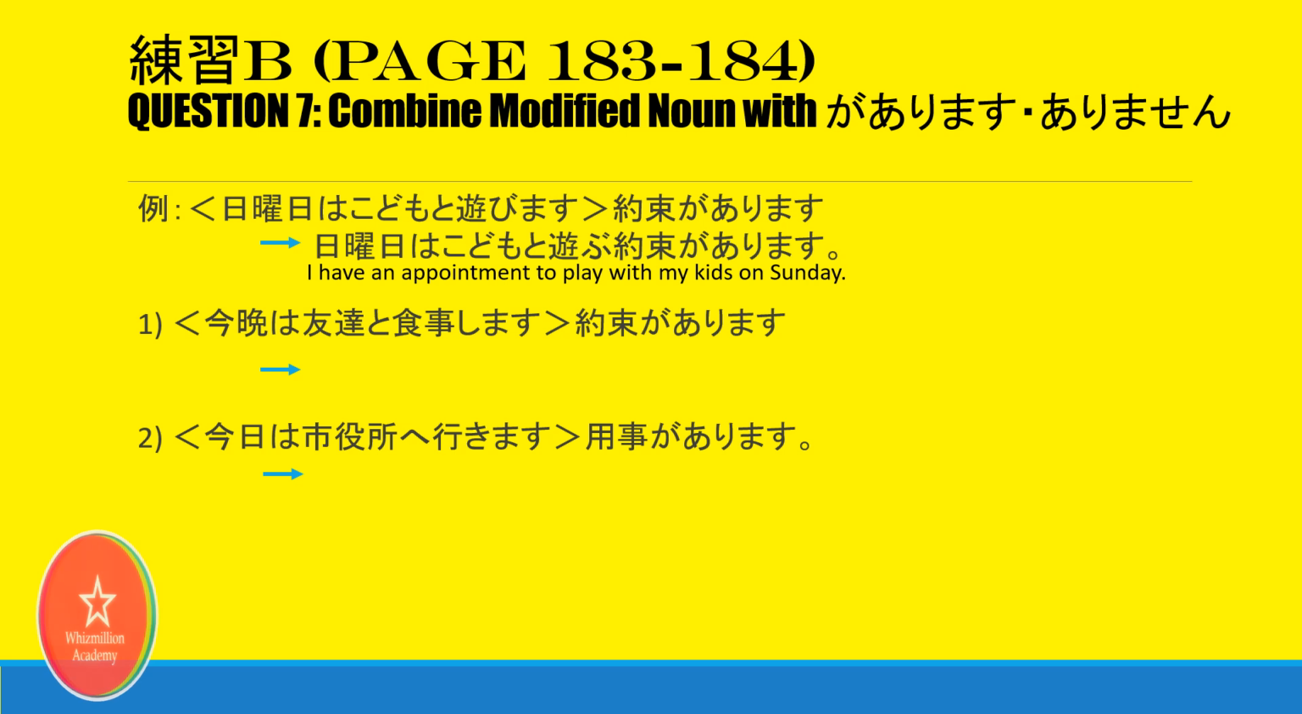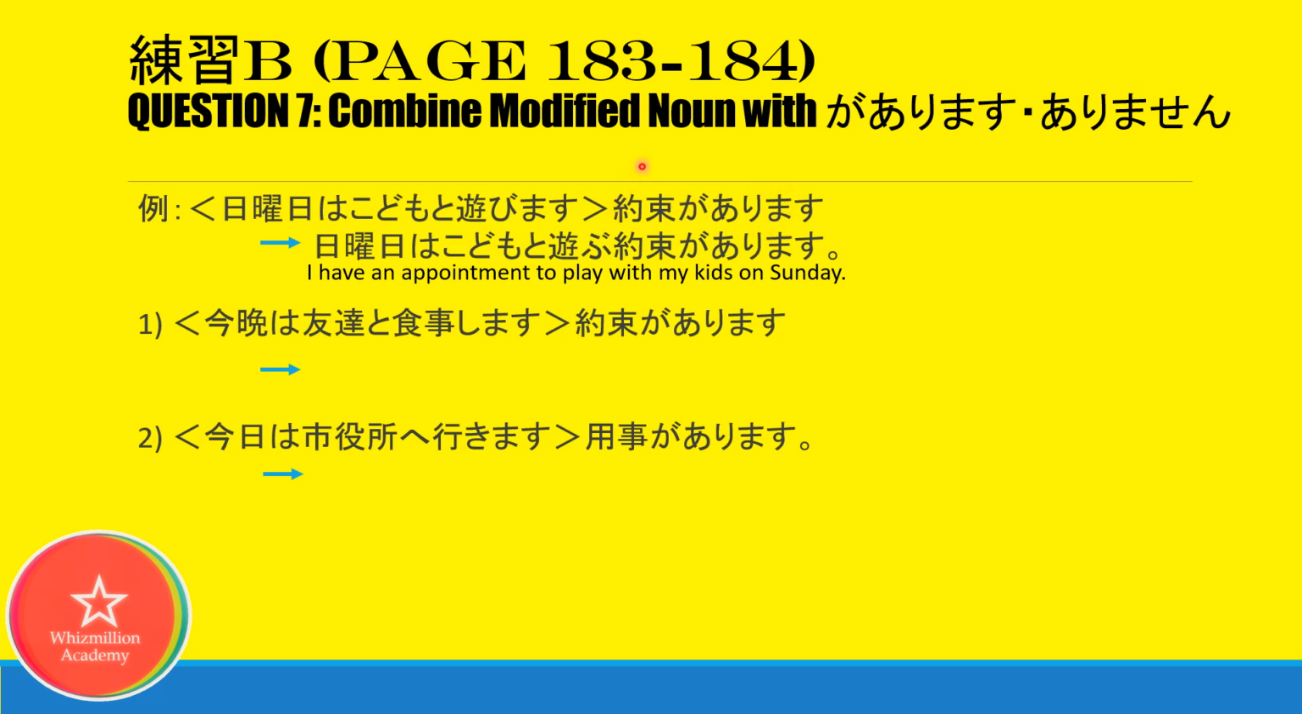Question number 7. Over here, we are combining modified noun with ga arimasu and ga arimasen. If we translate ga arimasu to English, it means have. Ga arimasen is not having. So let's look at example 1. 日曜日は子供と遊びます。約束があります。The noun that we are trying to modify is yakusoku, and when we combine yakusoku with ga arimasu, we